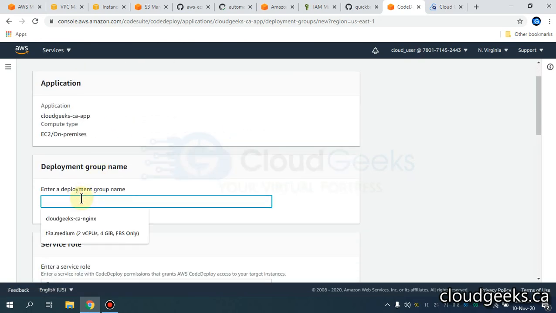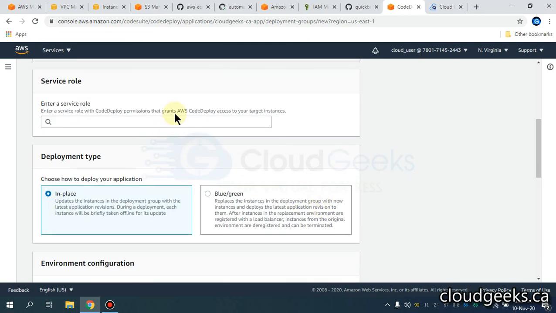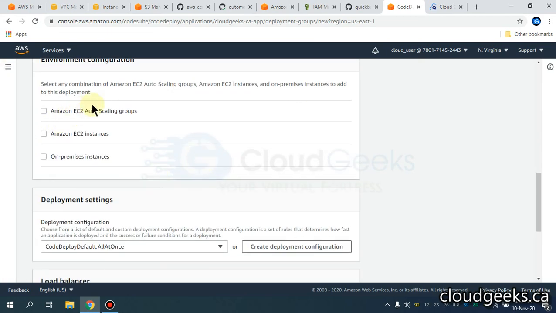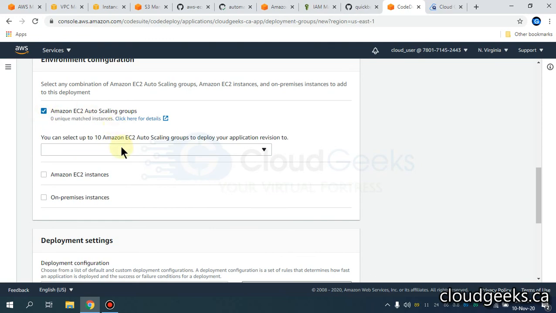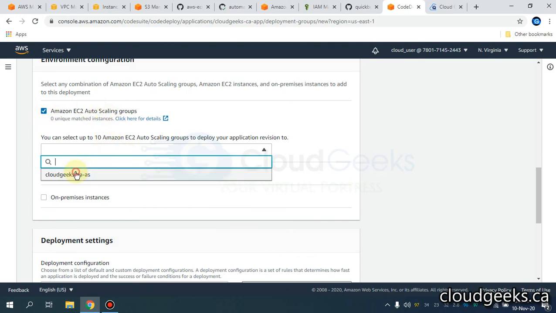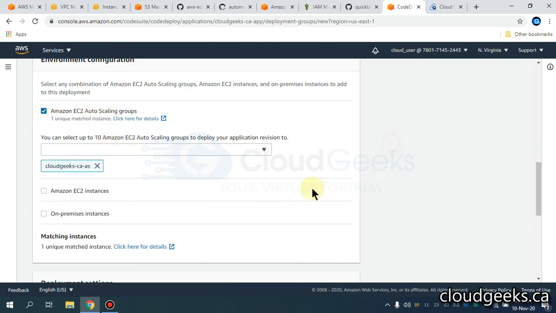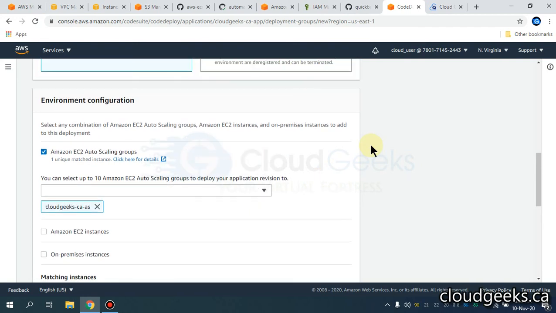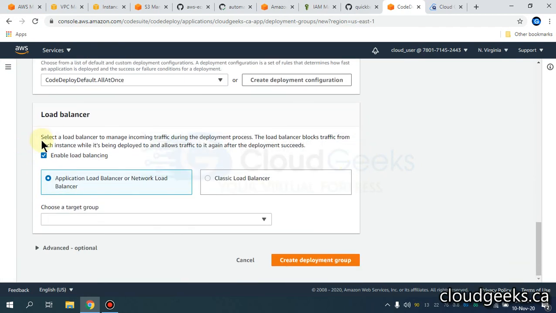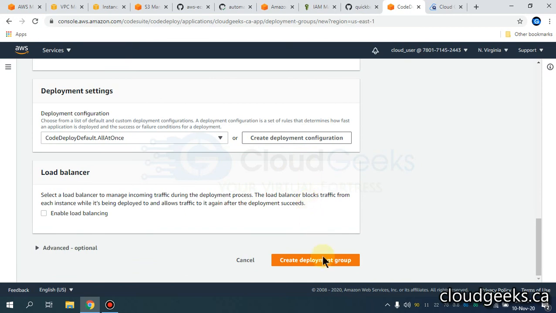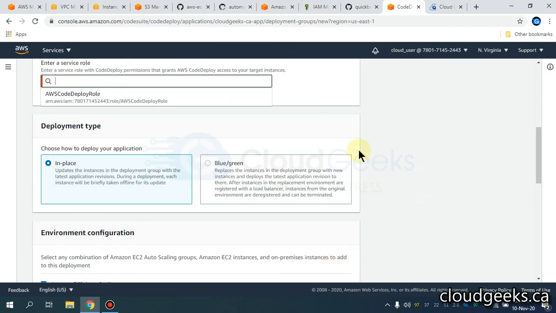I'm going to give the same name to this deployment group, and I'm not going to use any load balancer, but we are going to select the auto scaling here, and we have set up the auto scaling. You see it is able to find one instance because we have given the tag name as well. As far as the load balancing is concerned, I'm not going to cover this in this series.